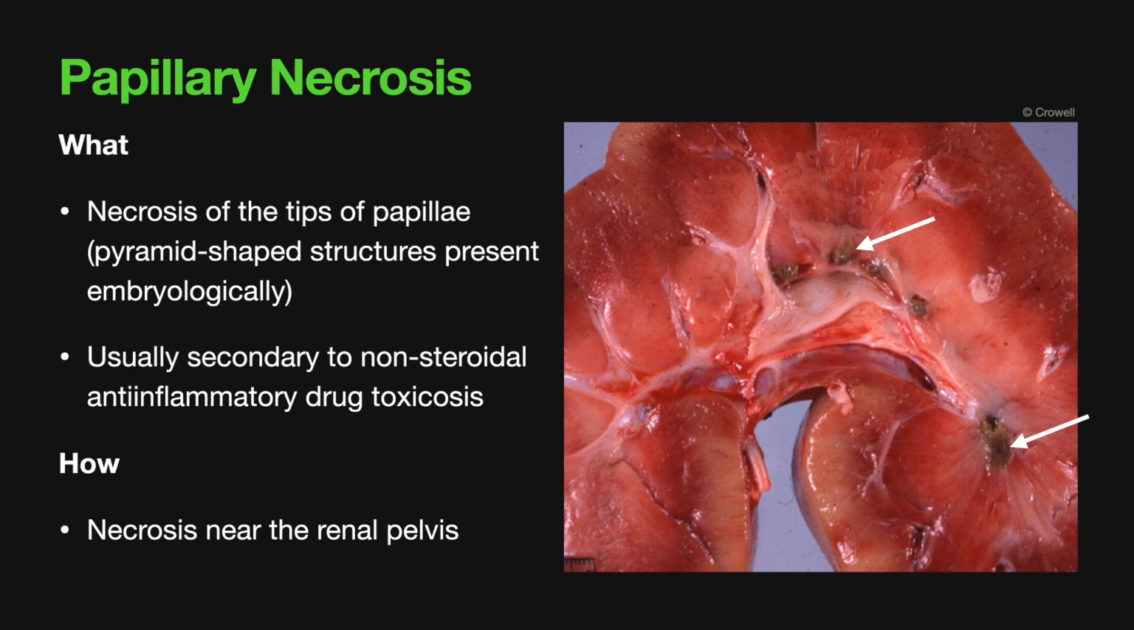Papillary necrosis refers to necrosis of the tips of the papillae, which are pyramid-shaped structures that are present embryologically within the kidney. Depending on the species, these papillae may or may not be visible in the adult animal, as they often fuse together to form what we call a renal crest. Papillary necrosis typically occurs secondary to NSAID toxicosis, and it appears as necrotic tissue within the medulla near the renal